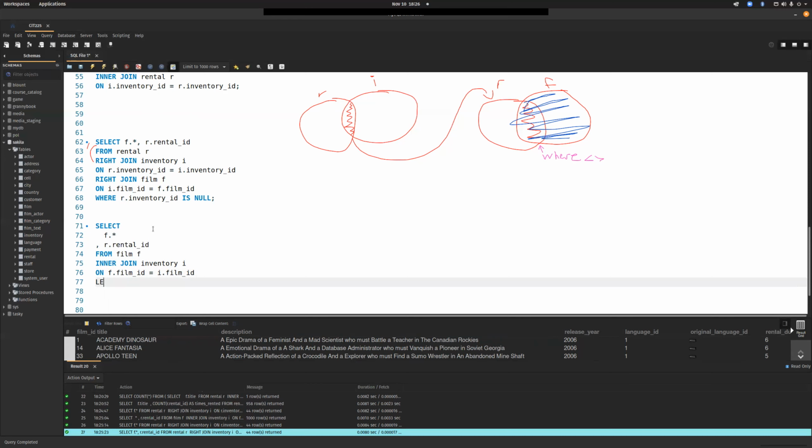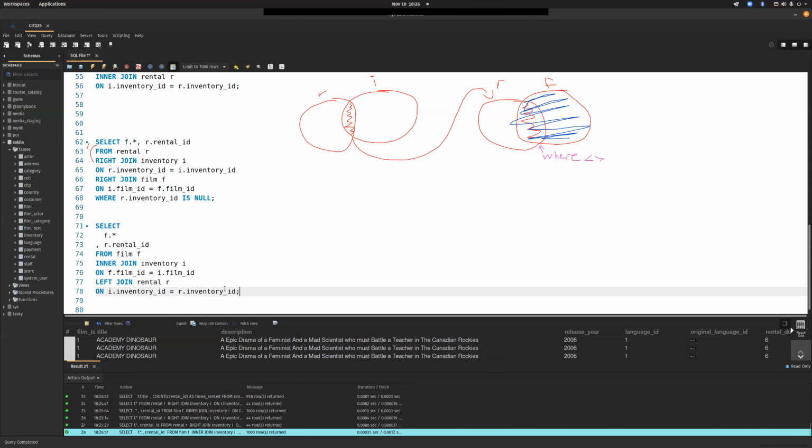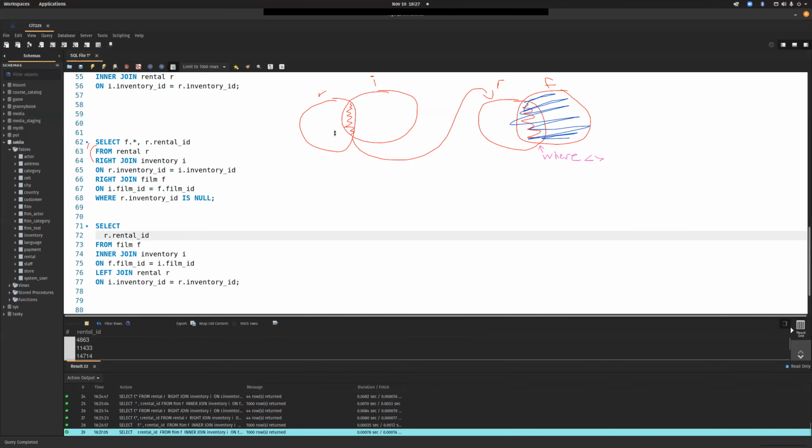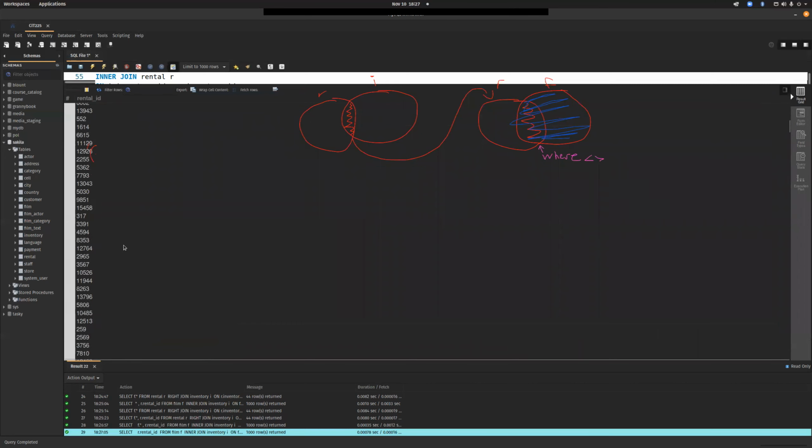Now what we're going to do is left join because we're going kind of the reverse of this. We're going to left join rental on I.inventory ID equals R.inventory ID. So this would give us all the films, whether or not they've been rented. And we can verify that. So if I just select the rental ID, we can see that some of them have data and some of them are null. If we keep going, I know I've seen a couple